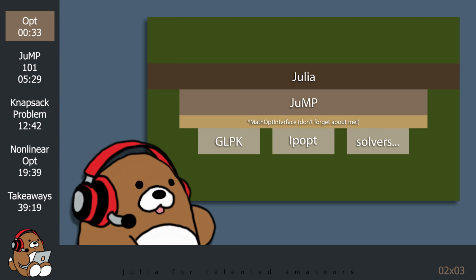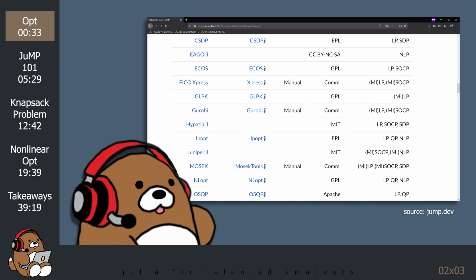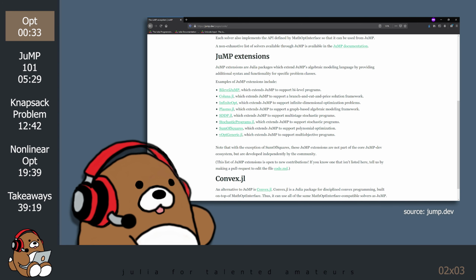Today, JuMP is one of the largest, most established packages available in the Julia ecosystem. It currently supports 24 different solvers and has a large developer and user community. They even have an annual developers conference, like a mini JuliaCon. To give you a sense of how massive this project is, they've been working on JuMP for almost 10 years, and they still have not released version 1.0 yet.